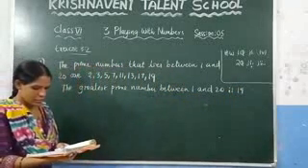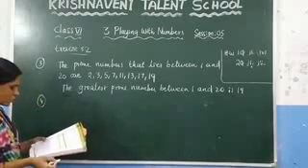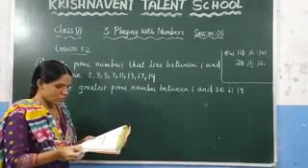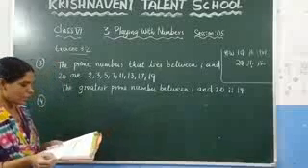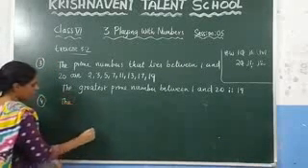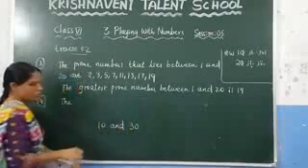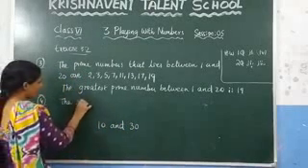Now see the next question. What is the next question given here? The fourth question. Here they ask, find the prime and the composite numbers between 10 and 30. They have given the numbers. First, you need to write the prime numbers that lie between 10 and 30. Now write it here, the prime numbers